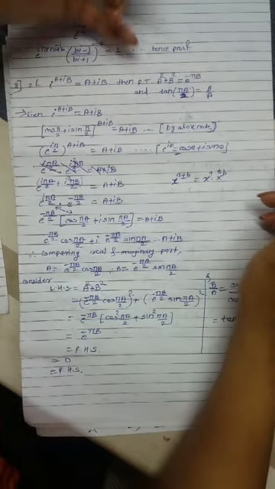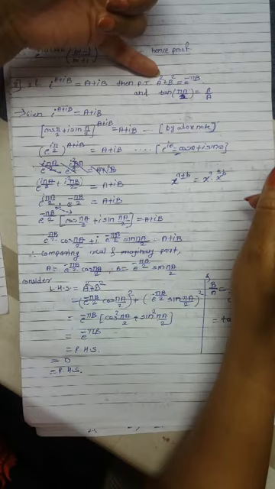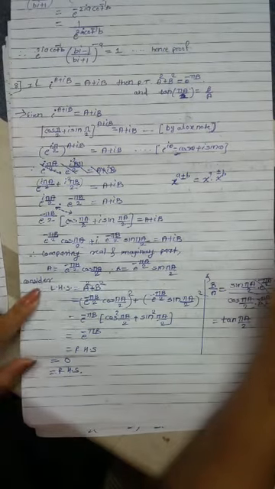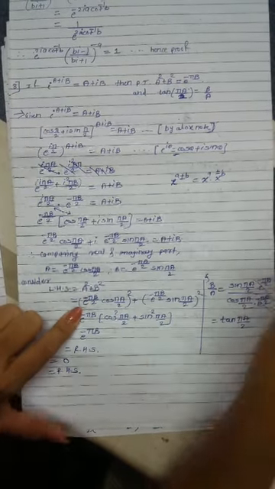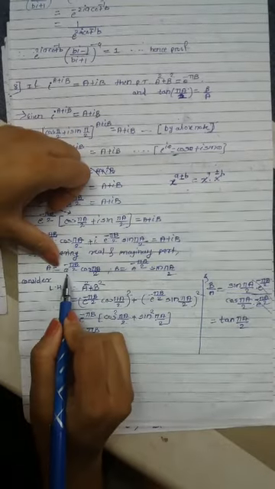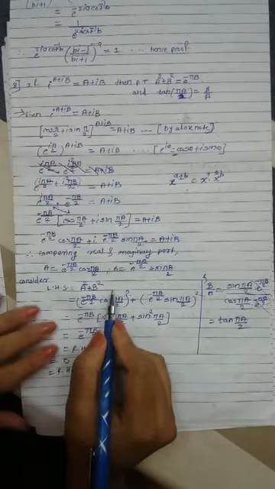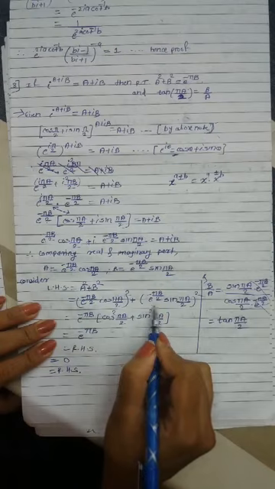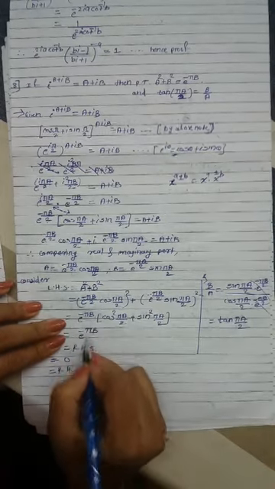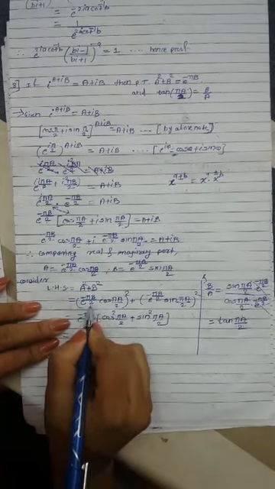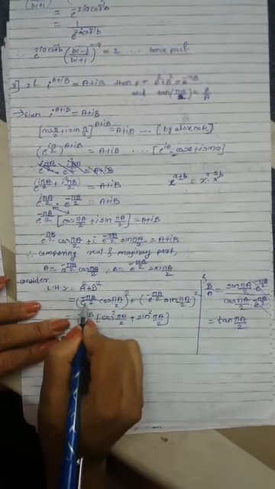Now what do we have to prove? Consider the LHS, a square plus b square. Therefore consider the LHS, a square plus b square. Put the a value as this, therefore its square is nothing but this square plus this b square. Now take the square of this, what do we get?